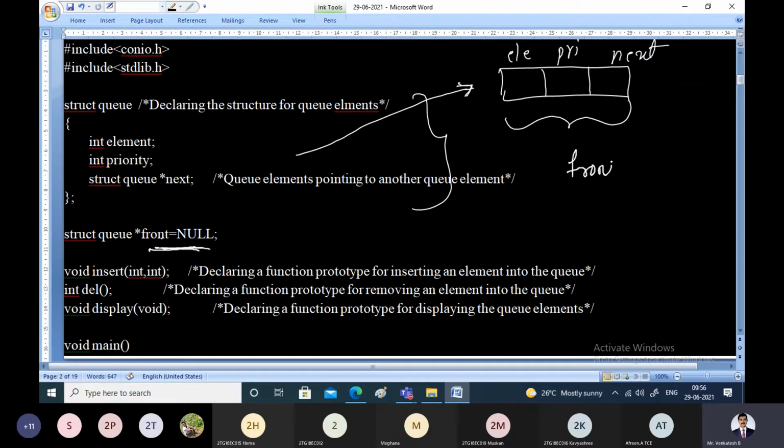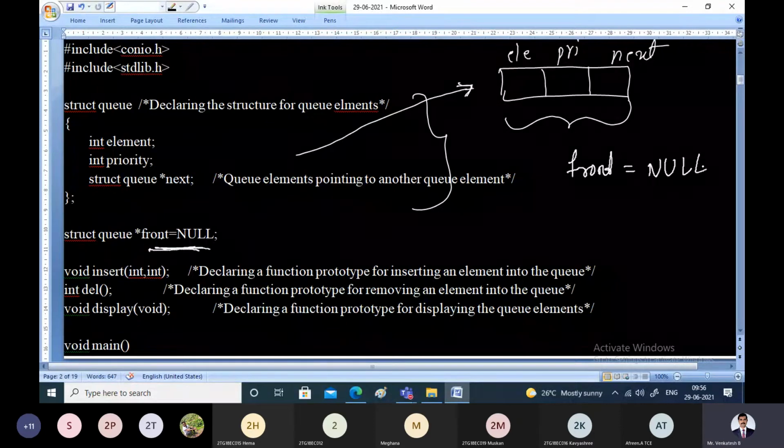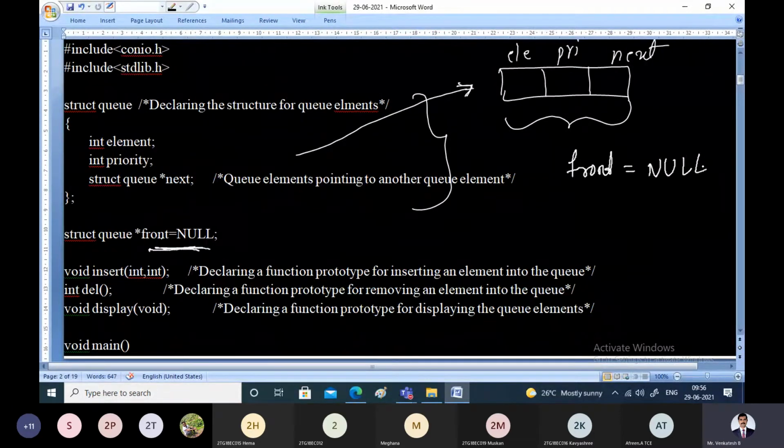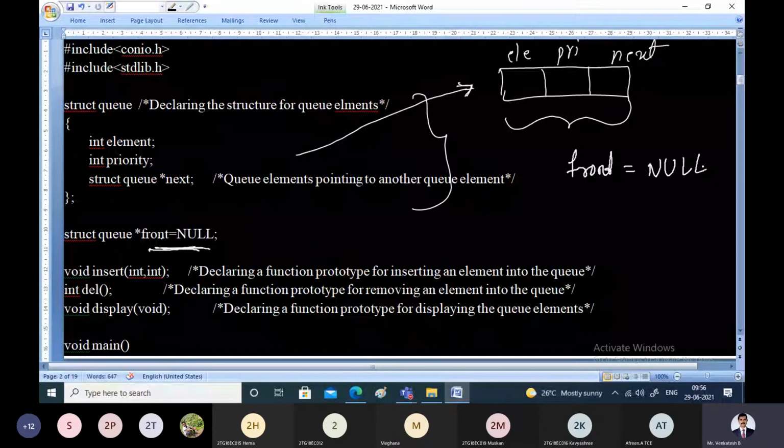That means front is pointing to null. If it is pointing to null, what does it indicate? Presently there are no nodes in the priority queue, and the priority queue is empty. To indicate the priority queue empty condition, we make front point to null.